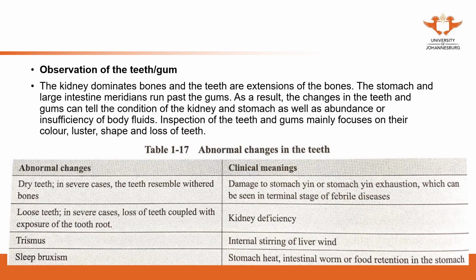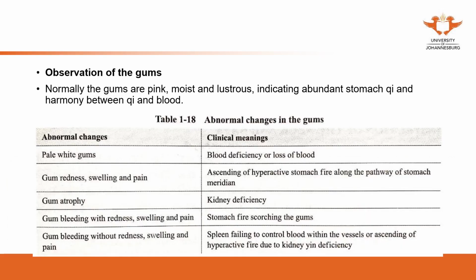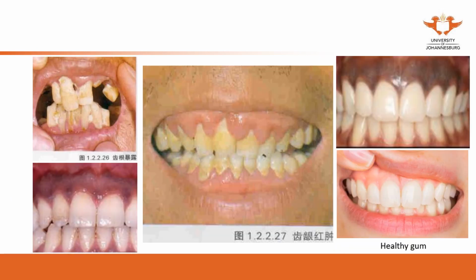The observation of the teeth and gums, the color is still the same. The teeth are the extension of the kidney, the extension of the bones, which is related to the kidney. So the teeth health can reflect the kidney's health. The gum colors are still the same, different gums. I'm going to show you some images. The first one,